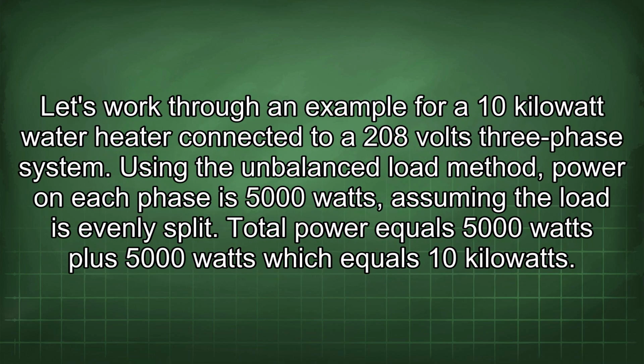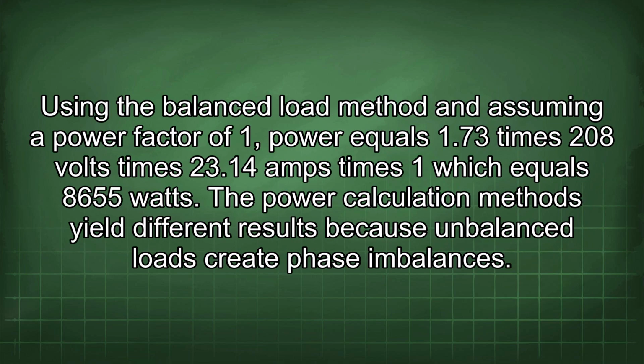Let's work through an example for a 10 kilowatt water heater connected to a 208 volts three-phase system. Using the unbalanced load method, power on each phase is 5,000 watts, assuming the load is evenly split. Total power equals 5,000 watts plus 5,000 watts, which equals 10 kilowatts. Using the balanced load method and assuming a power factor of 1, power equals 1.73 times 208 volts times 23.14 amps times 1, which equals